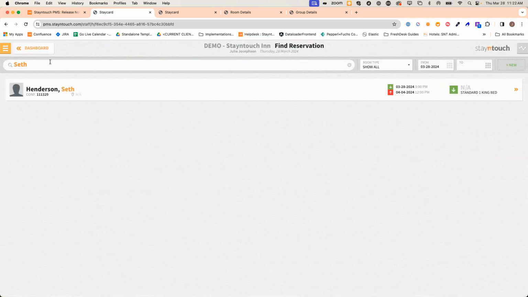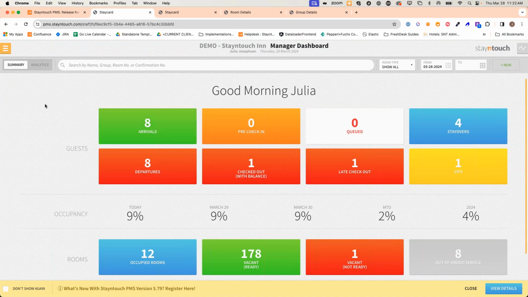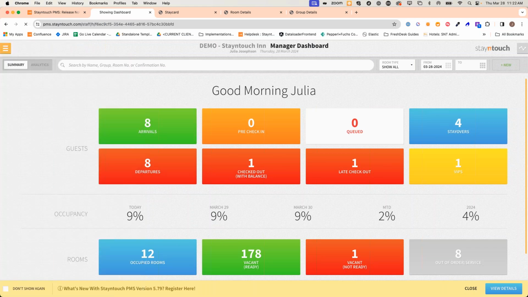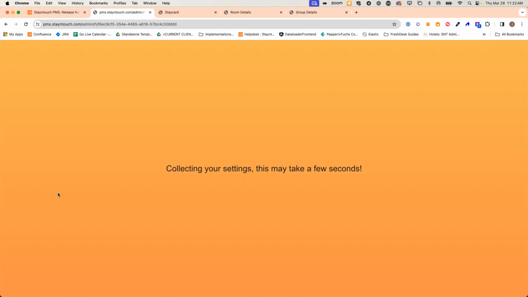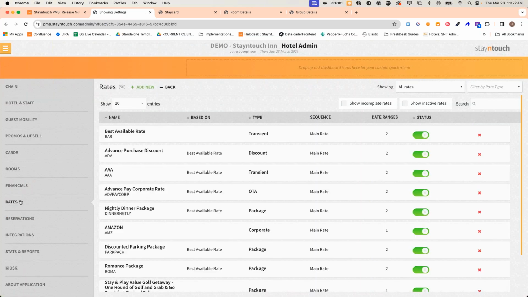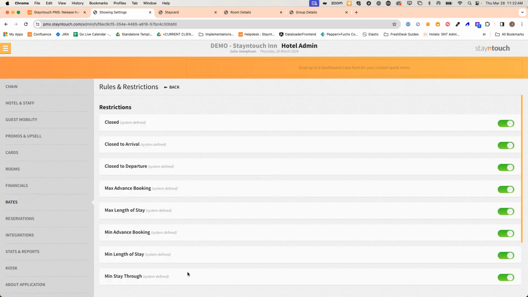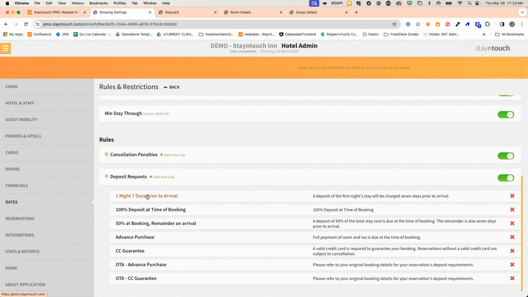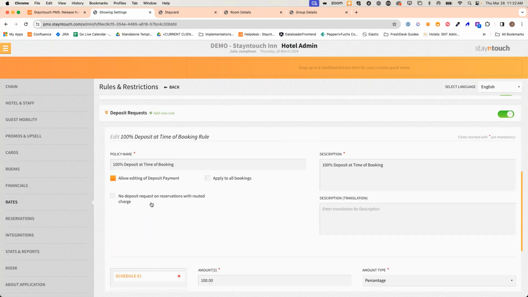When there are posted charges, and so let me start over. When the no deposit request on reservations with routed charge checkbox is not selected in settings, rates, rules and restrictions, and then deposit requests. So if no deposit request on reservations with routed charge is not selected and it's attached to a rate code,